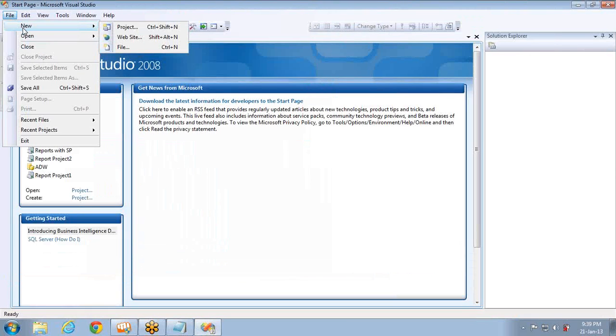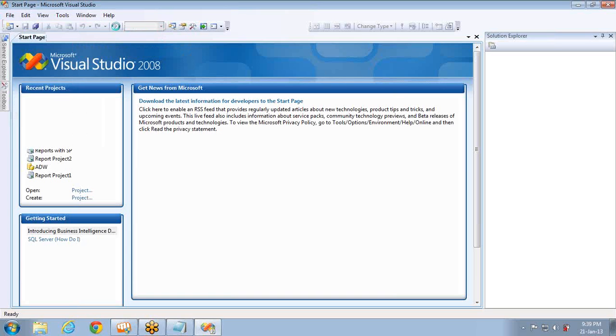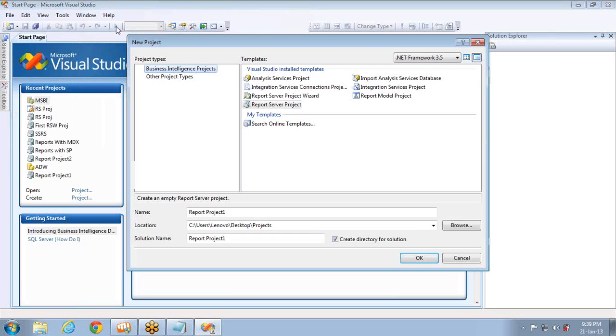And as usual, I have to go to new and select the project option. So here, if you see, you have three different things. One is report server project wizard, report model project, and report server project. There are three different types of templates for reporting services projects. So let me give you a brief description about all the three, and then we can jump into all these